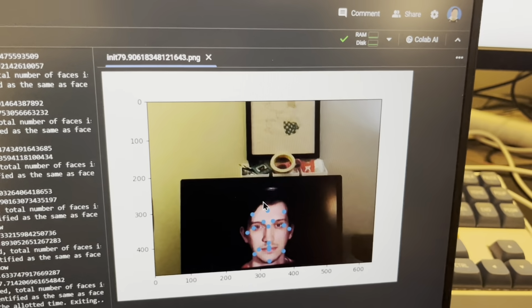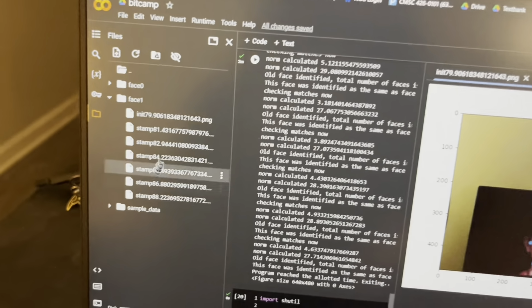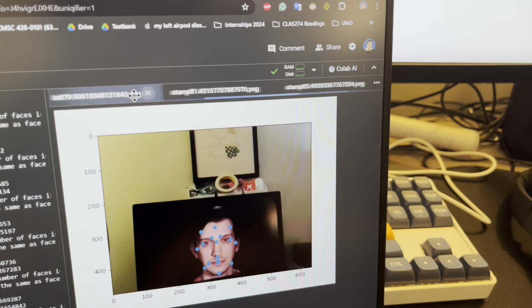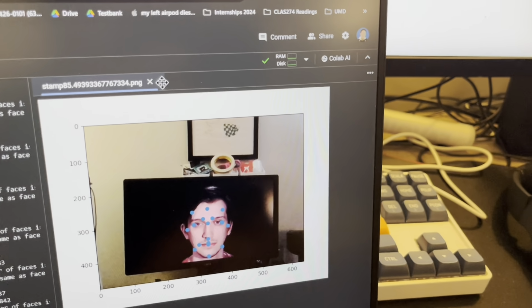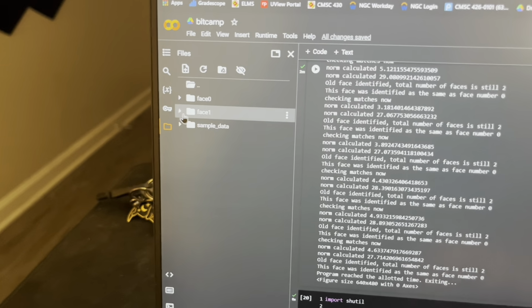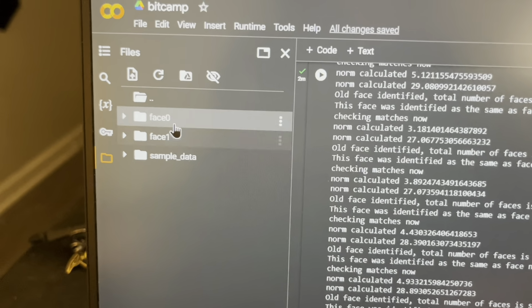We're in face 1. There it is. Wow. And we can take a look at this one. Yep. And let's go to this one, for example. You can see I'm tilting it, moving it around. I was holding it with one hand, so it's going to be a little wobbly, but it's still able to identify them. So now, after our program is run, we have a lot of data on 2 different people,